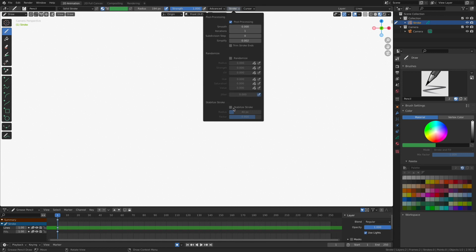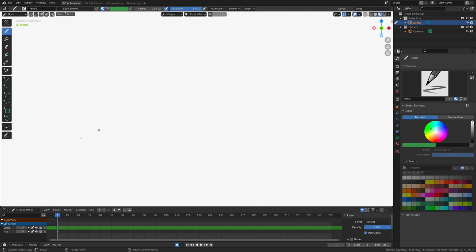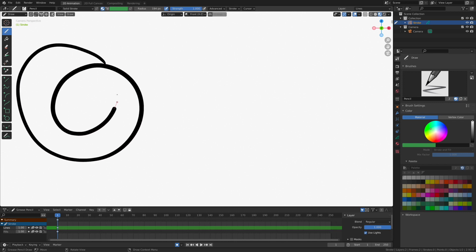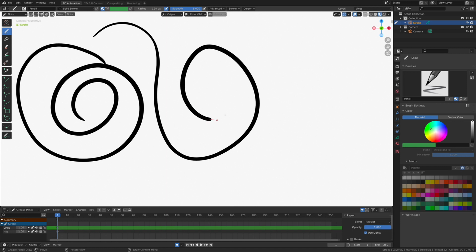And check this out. I'm just going to turn it on. It's stabilized stroke. The way this works is, it may be hard to see on the screen capture, and I apologize, but you see that little red dot that's trailing my cursor? I have to move my mouse pretty fast, otherwise they kind of go on top of each other. But watch what happens. That little stabilization dot is going to make a nice, smooth, even stroke. So it's a nice way to make smooth arcs.